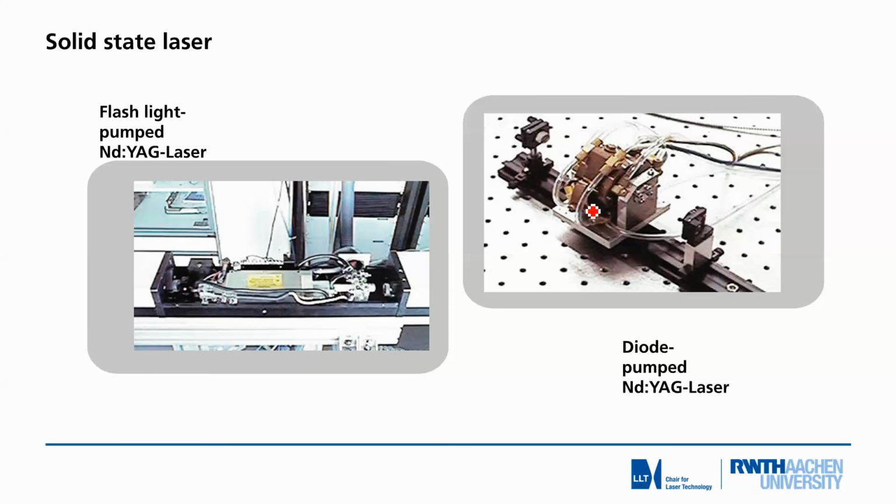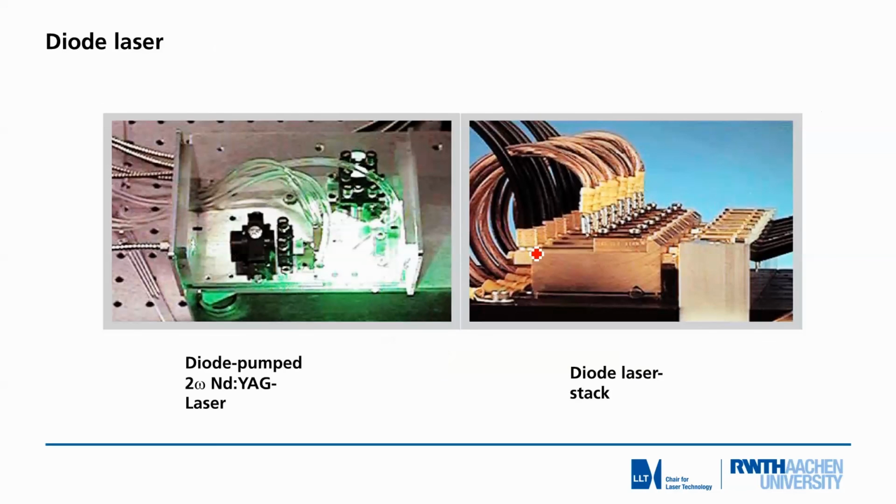In solid state lasers, usually we have separated mirrors. You can see one mirror here on a specific mirror mount, the active medium with the pump and the cooling in the middle. And diode lasers, that's a special case where you cannot see the resonator because everything is on the nanometer scale. The resonator is directly integrated into the light emitting bar, which is about that size, very, very small in the case of a diode laser. And we have no external resonator, just cleaved and coated ends of the gallium arsenide semiconductor active medium.